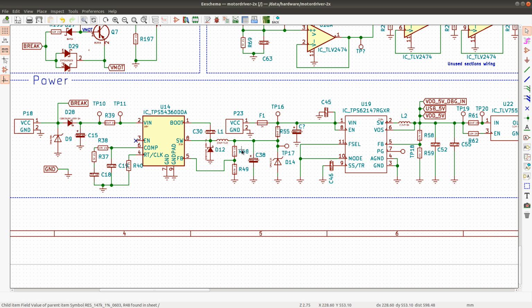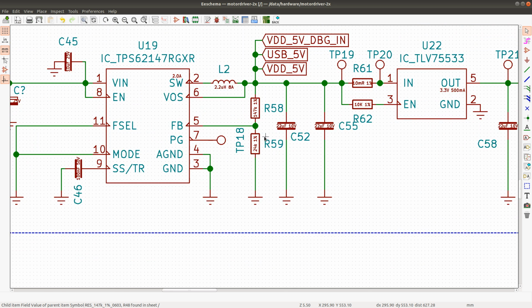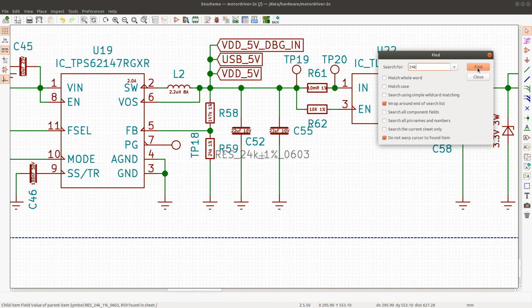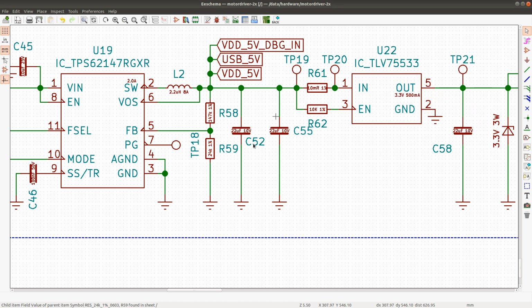Yeah, so I'm using the same resistor. Let's see if I use 24K anywhere else. Okay, so I'm not using 24K. So maybe